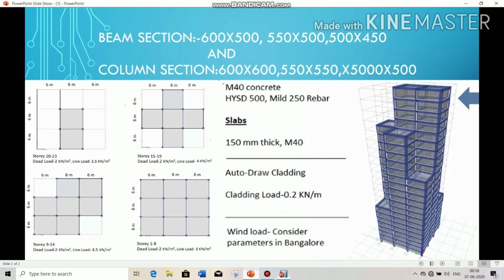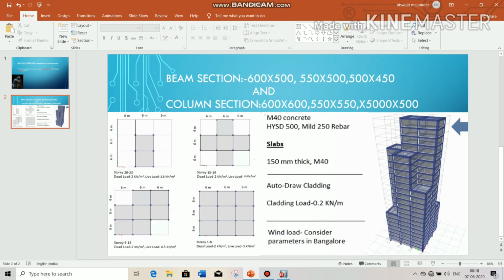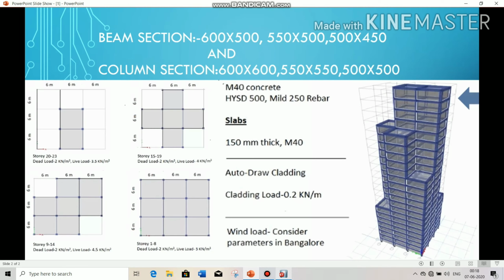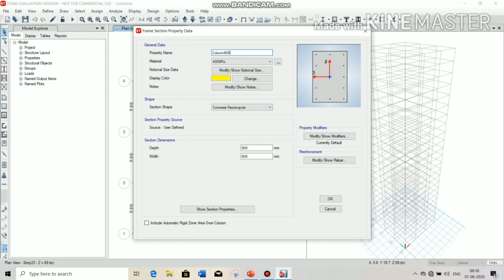The column values are 600 by 600, 550 by 550, and, sorry, there is a mistake, it is 500 by 500. Choose the material type M40, and depth is 600 and width also 600.